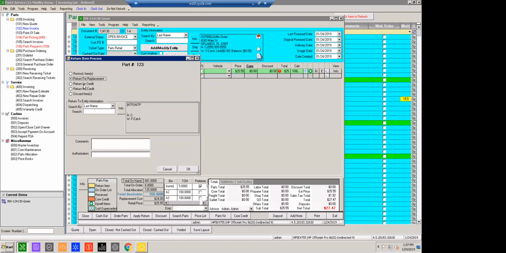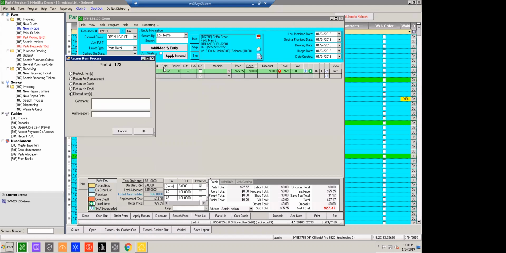However, it is going to create the same type of GPO, so it's up to you which one you pick. The last 2 kind of do the same thing as well. It's either a return for no credit, where it's going to also generate a purchase order back to the vendor, but with the expectation that you're expensing the loss of that part value. As is discard items. So discard is going to take the negative 2 that we're trying to put back into inventory, but instead of relieving it back in, it's simply going to discard the items. So these last 2 essentially are going to be if no part value is salvaged out of the return part,